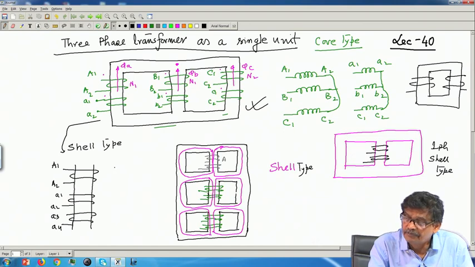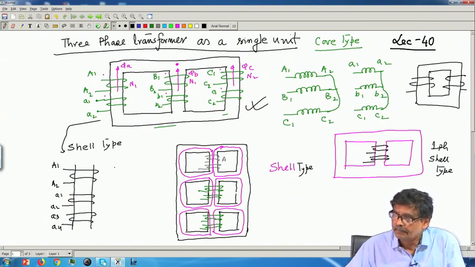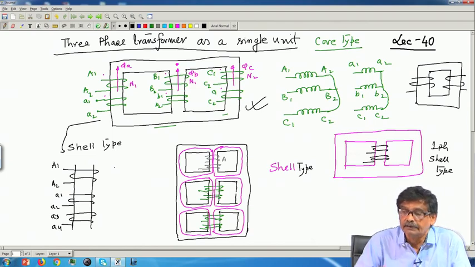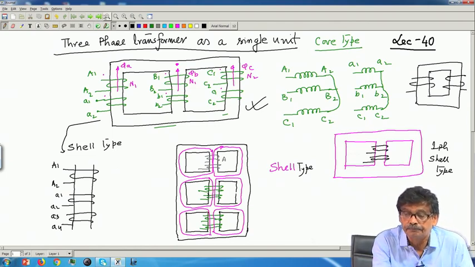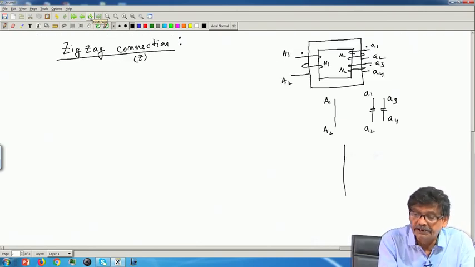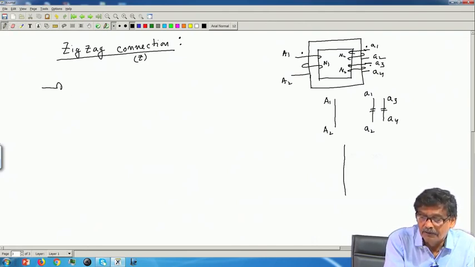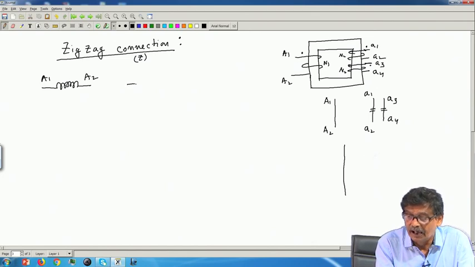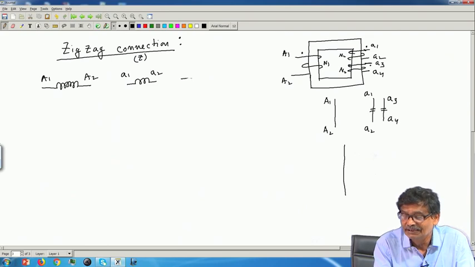And this I will do for B phase and C phase as well. That is, each phase must have two identical secondary coils. So that is the thing. Therefore, the connections will be, so now I will simply draw the coils to execute connection, for example, A1 A2. Now, there are two secondary coils, A1 A2 and small b1 b2.